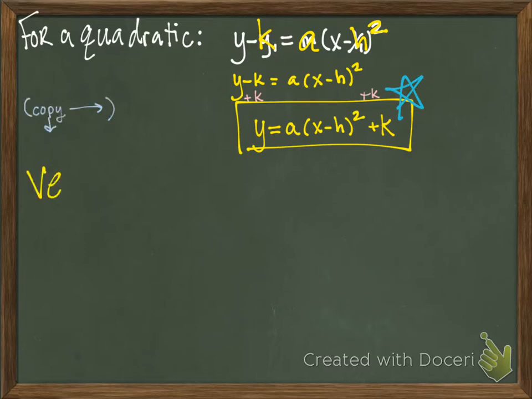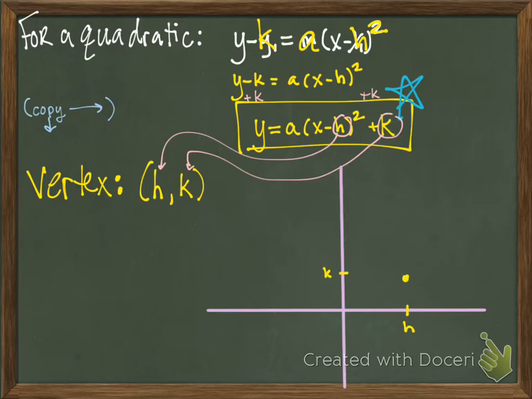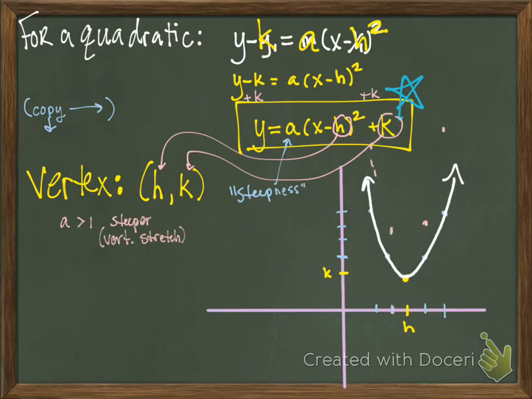All right, and identify the vertex as h and k: the opposite sign of whatever is with the x, and then the actual value and sign of k. So h and k would be our vertex. a tells you its steepness, or how vertically stretched it is. If a is equal to 1, then it's the over 1 up 1, over 2 up 4 pattern that we described before with parabolas. If a is larger than 1, it's going to vertically stretch it, make it look steeper. If a is less than 1 but still positive, it's going to be vertically compressed and make it look wider,